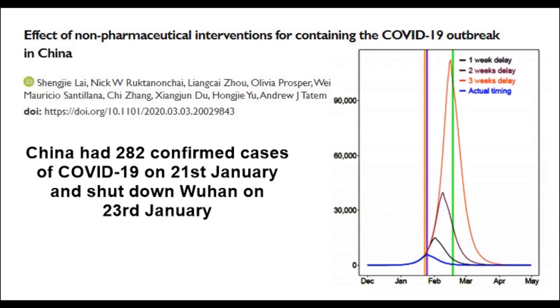If you look at this graph here, you can see the benefit of acting early. The blue line is what actually happened in Wuhan, and the lines that follow it show what happened if they'd acted 1 week, 2 weeks, and 3 weeks later. And you can see that a delay of 1 week almost doubles the number of cases they would have had in Wuhan, and by leaving it 3 weeks late, you end up with over 90,000 extra cases that were prevented by the early interventions there. So you can see the importance of going as early as possible.